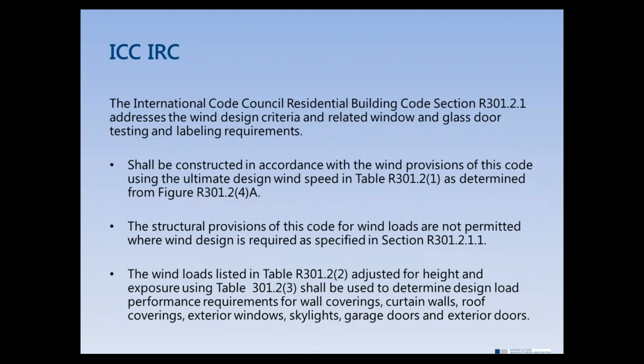The International Code Council Residential Building Code addresses the wind design criteria and related window and glass door testing and labeling requirements. Once the structural provisions of this code for wind loads are determined, the design load performance requirements for fenestration products can be specified. In an effort to facilitate this process, the standard includes a short form specification in clause